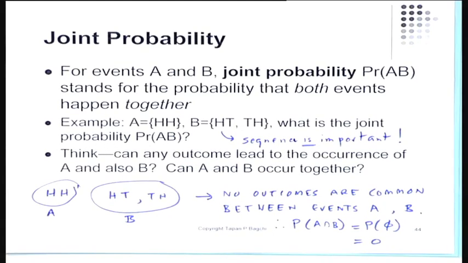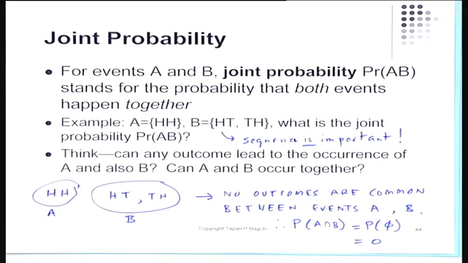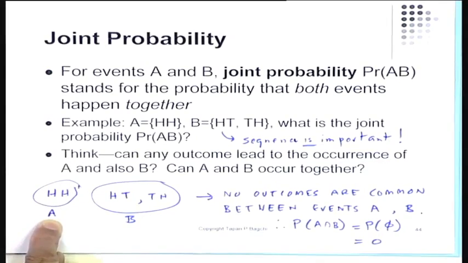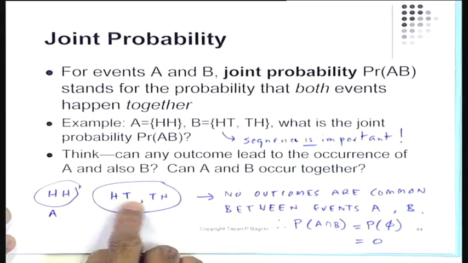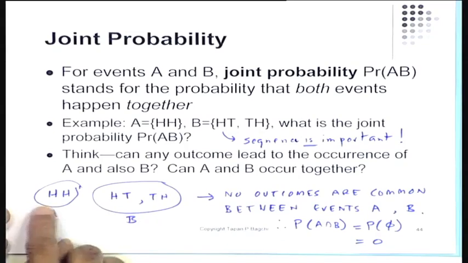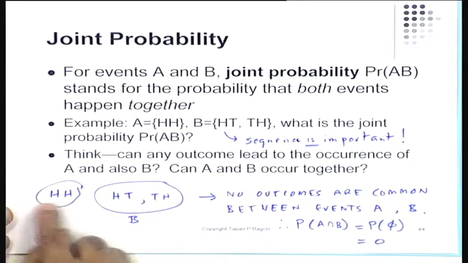Notice something. The outcomes have nothing in common. The outcomes are really the sequence of two events. One is the observation of head, then the observation of tail. So if I find two heads, I say event A has occurred. If I find head and then tail, or tail and then head, I say event B has occurred. Nothing is common between them. If you work out the probability,